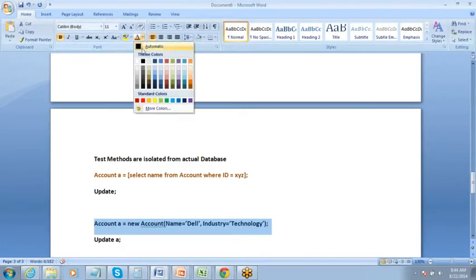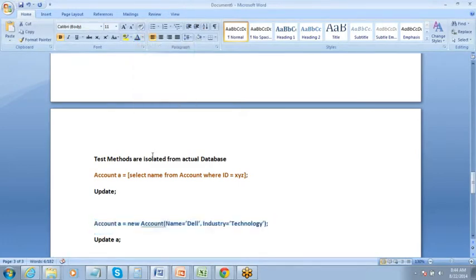Right? So you have to define your own set of data for your test classes. Test class cannot access data from there. Rest, whatever you have defined in your method, you just need to test that. So you just need to test whether that insert operation is happening fine or not, or that update. So if you just do that much, it will go and test if that insert is happening or not, or the update is happening or not. That will be checked. Fine.